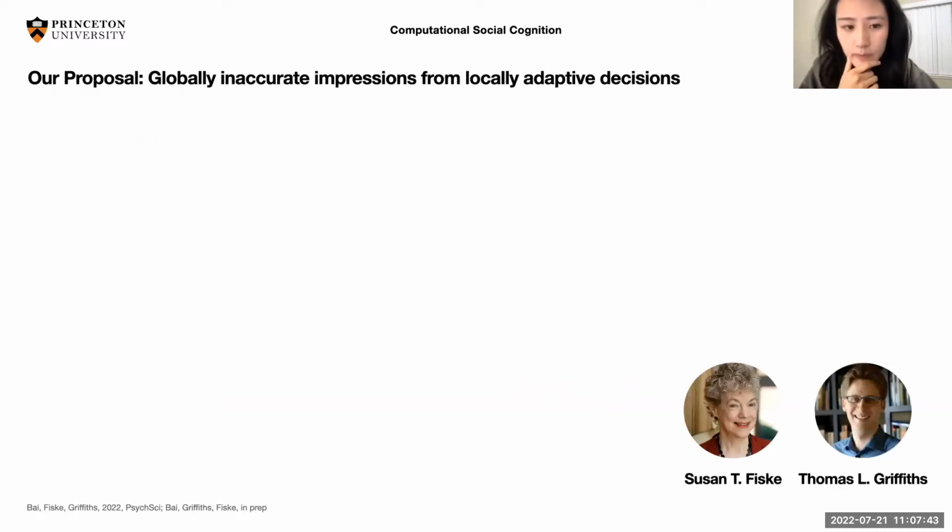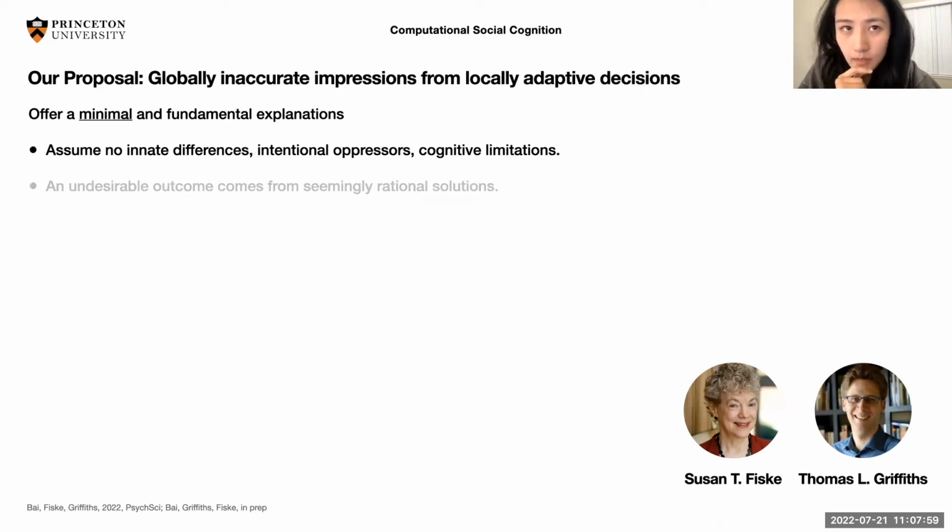Now, in contrast, my work contrasts with all of the three prior explanations. We want to provide a new kind of explanation, which is about adaptive exploration. I'll talk more about what that means later. But what's unique about this idea is that it's much simpler. Here, we don't require any of these previous assumptions, but we are still going to see biased impressions and inaccurate stereotypes emerge.